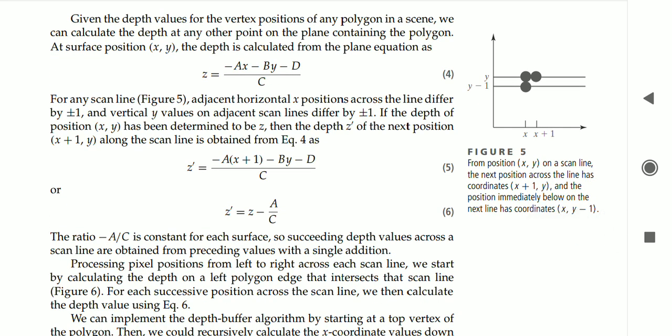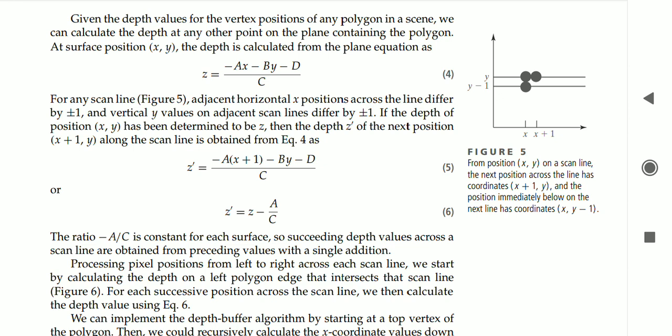How is equation 5 written? It is based on figure number 5. There are 2 points, x and x plus 1, and on the y side you see points y and y minus 1. Now in this, which point is front side and which point is back side? Suppose I take the first point, x, y. The next point, I am incrementing on the x side, x plus 1. That x plus 1 point I will apply here in equation number 5, the same as equation number 4, with x replaced with x plus 1.